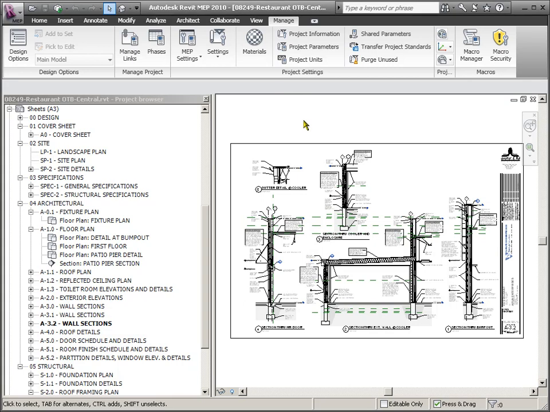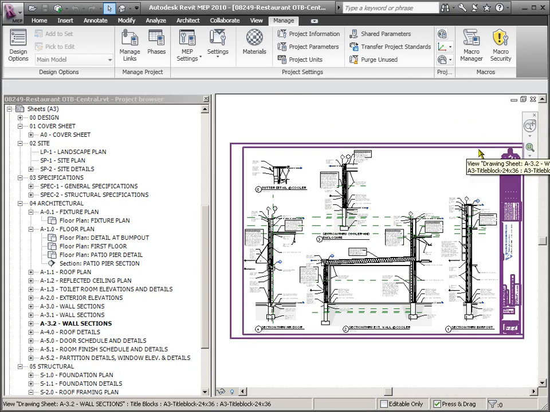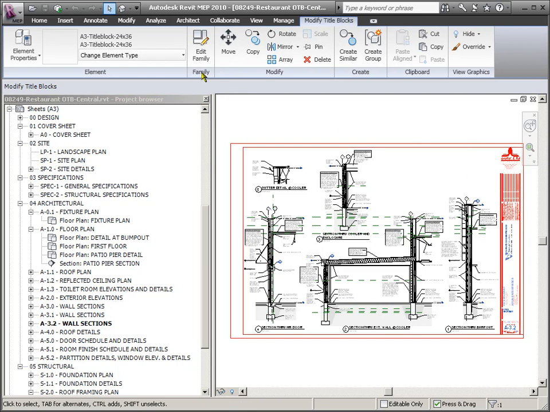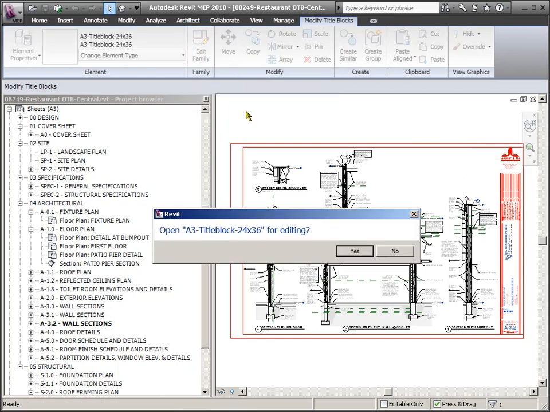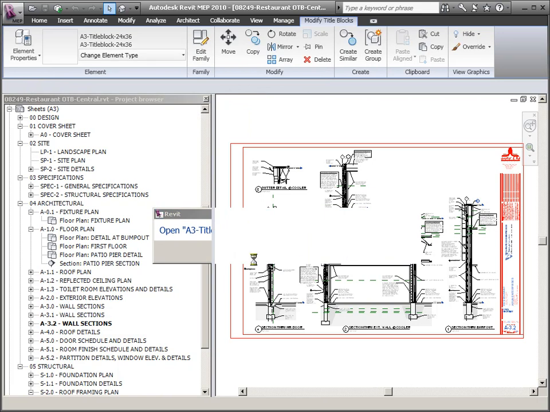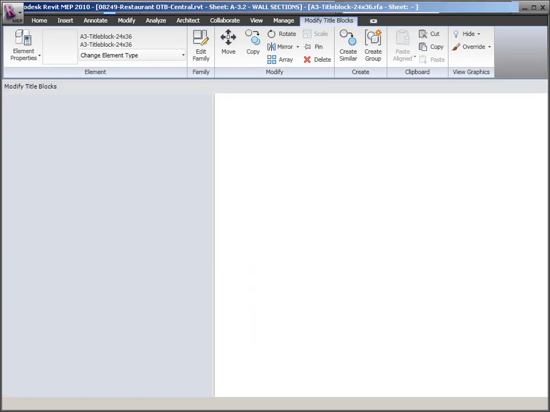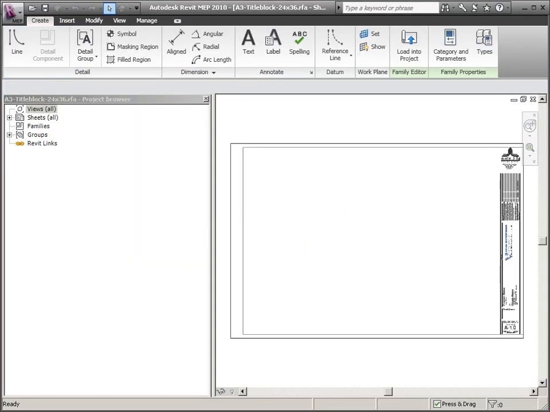Alright, so I've got the architectural file open, and you may want to look at how they created their title block, but if I select on this, I'll notice it's a family. So they created their title block out of a family, and you just go up and say Edit Family, yes, and then save it somewhere on your machine, and then bring the family into your project. It's as simple as that. So we're going to do that right quick,